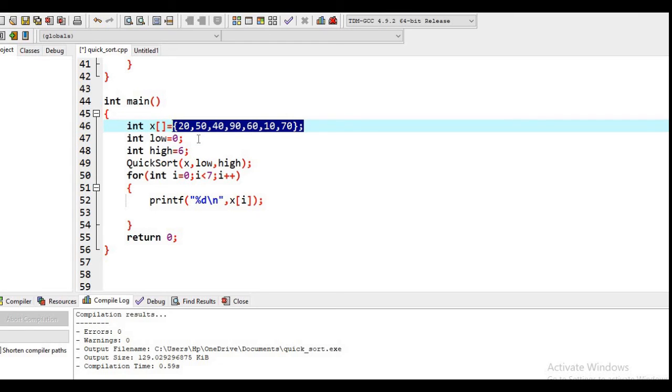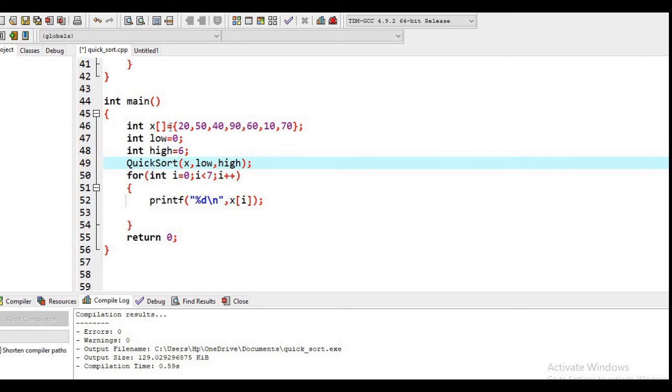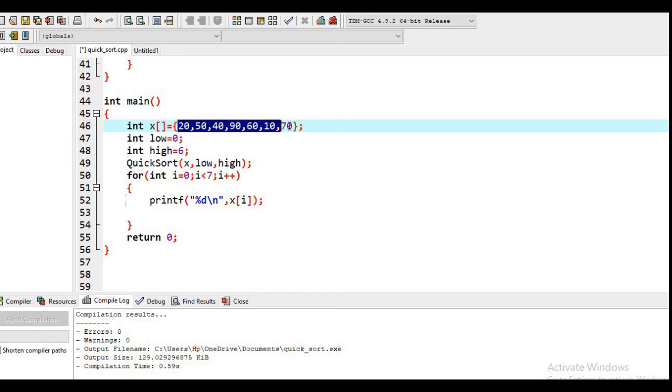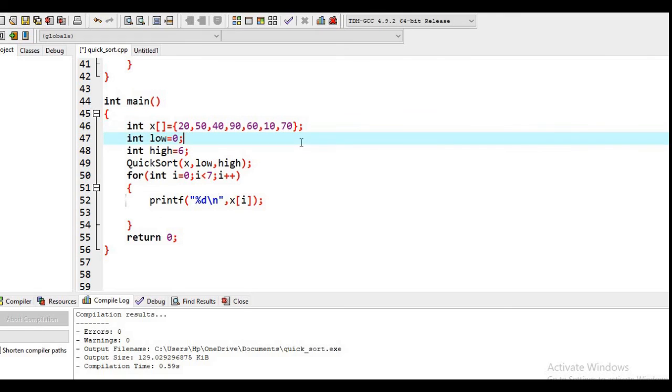So there are various strategies to apply quicksort by changing this pivot element. The best strategy is that you should find the median of all the elements in the array, and then you can use that median as the pivot element. But finding the median is not easy. It will also take time. It will also cost running time.